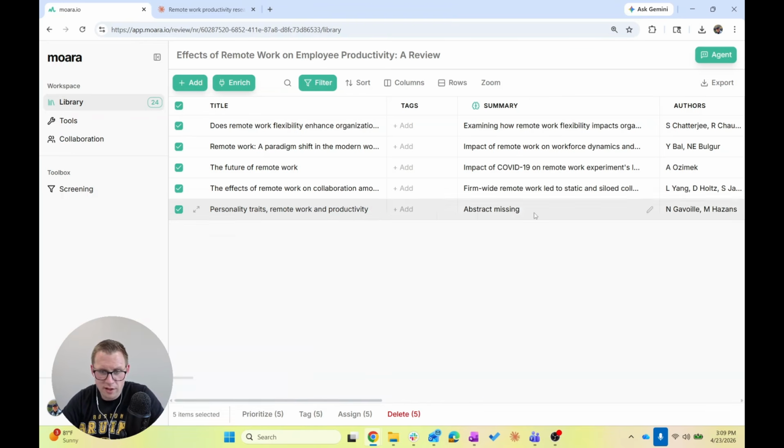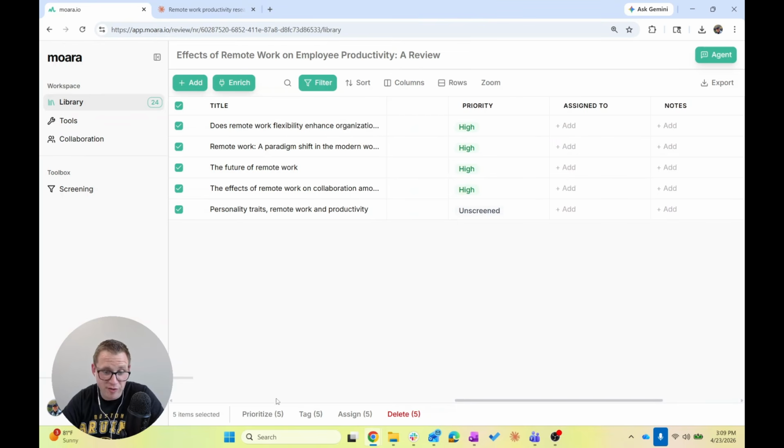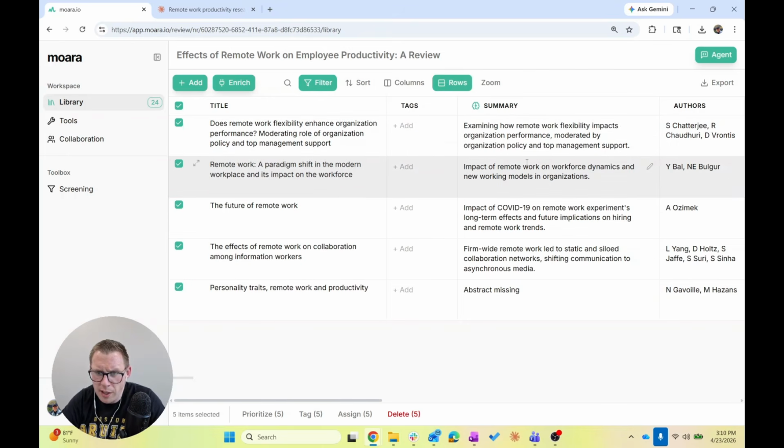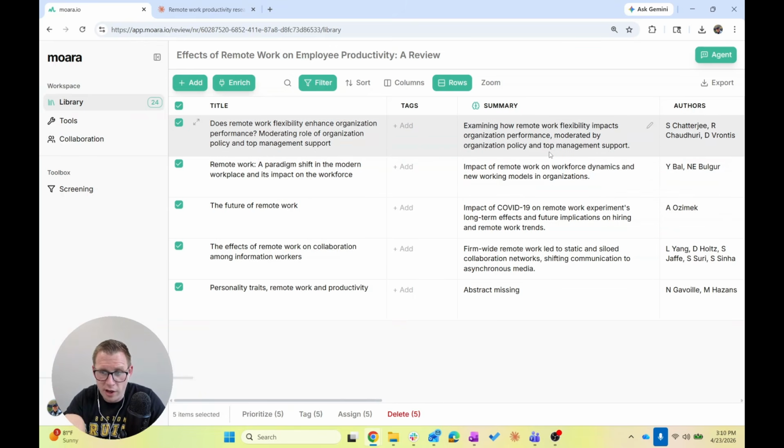Oh, excuse me. Forgot we weren't using tags, we're using priorities. So several of these are priorities. Let me just get a sense for these, by the way. I'm going to go ahead and move this to medium row so I can read through this a bit. Examine how it impacts organizational performance, moderate by organizational policy. So I'm fine marking that as low because not only is it not solely focused on performance,